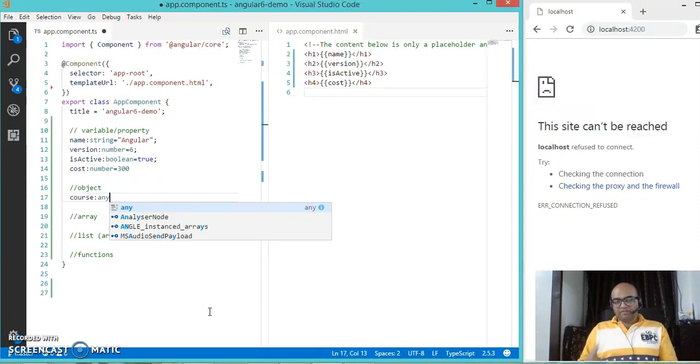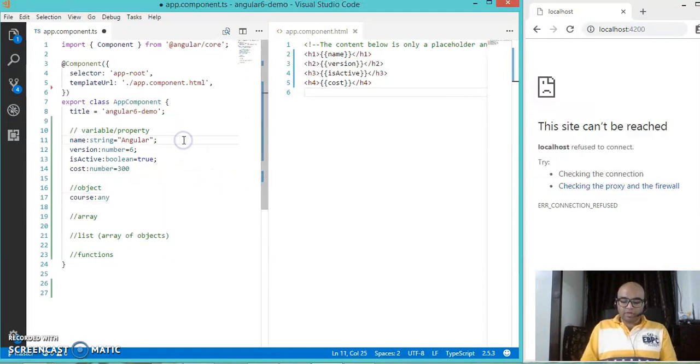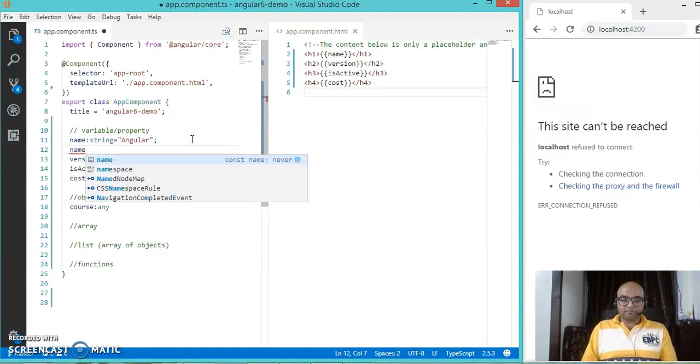Even if I don't declare the types, even if I don't put string, number, boolean, by passing the value my variable will become of that type. For instance, if I don't declare name as string type, and I simply say name equals Angular, which I'm going to do now, if I simply say name equals Angular,